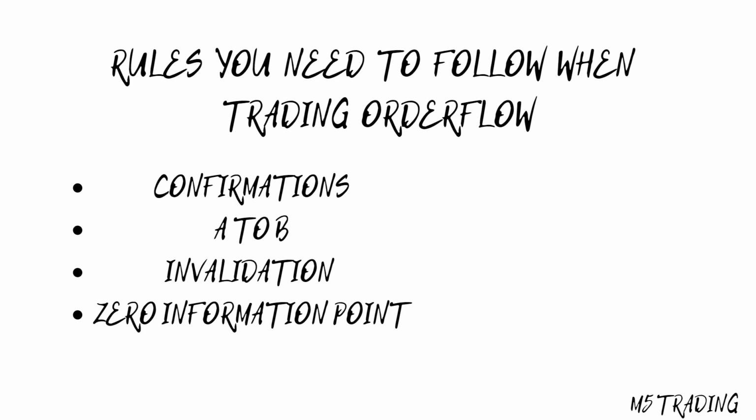Last rule that you should use trading order flow is the zero information point rule. Basically, I told you about this rule in another video, and I will leave the link below. If you're interested, you should watch that video because it was about significant liquidity pools and how you should use them. There I already told you about zero information point, but some of you didn't watch that video, so I will repeat. Basically, zero information point is the point on the chart where you stop trading and you just start waiting for new information because you don't know how the price will react on some sort of liquidity